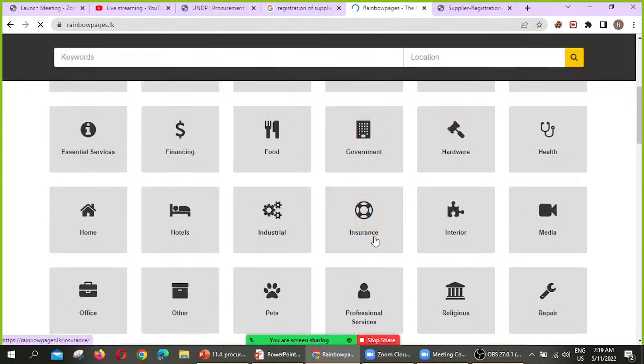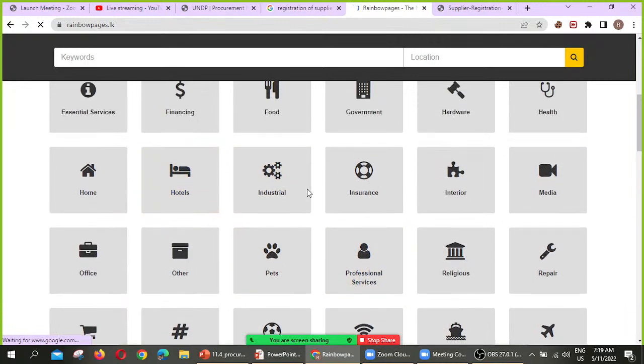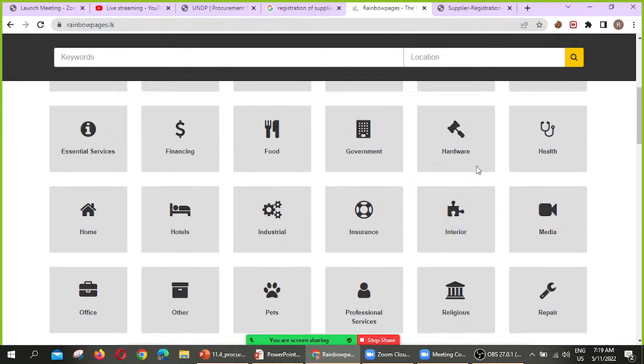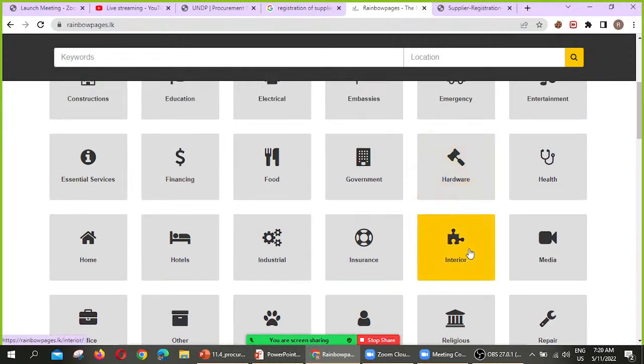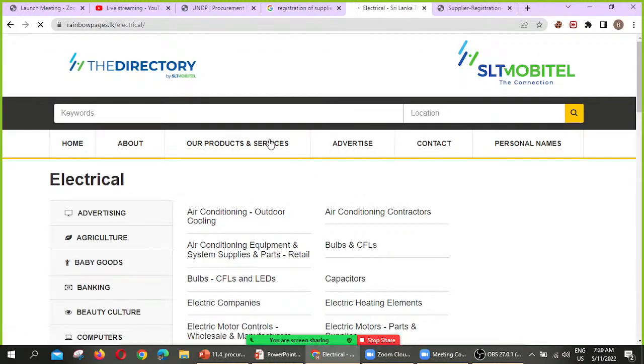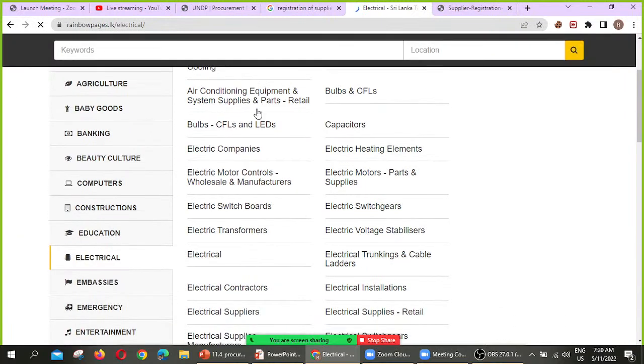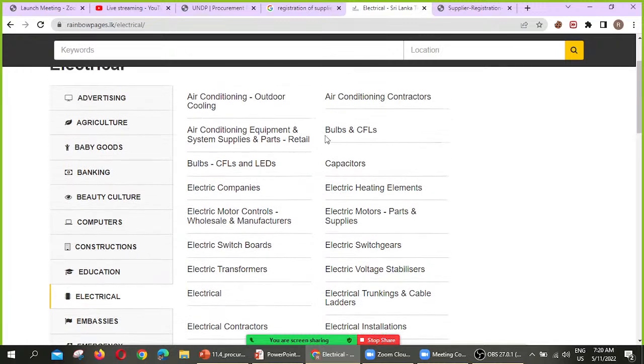Here there are categories. This is a category, right? So for example, I want office items. Here there are again air conditioning equipment system suppliers, bulbs and CFLs, air conditioning contractors.